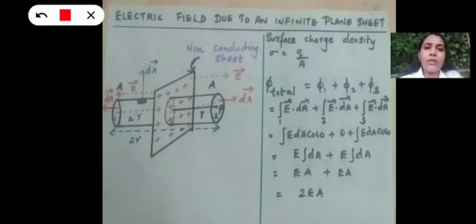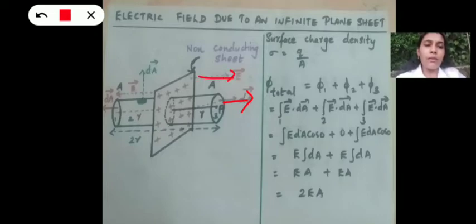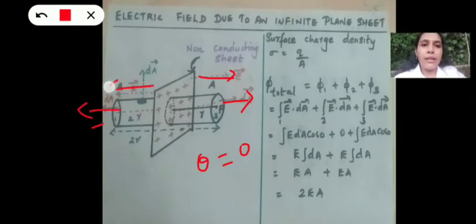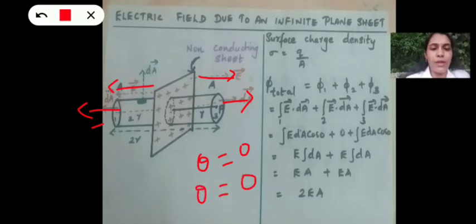Next, consider the contribution of end surfaces. So in the end surfaces, this is the direction of the area vector, perpendicular to the area. What is the direction of electric field? Yes, it will always be the same. This will be the direction. So what is the angle between electric field and area vector? Yes, the angle is 0. Theta is 0 for the end surface 3. Similarly, for the end surface 1, this is the area vector and this is the electric field. So the angle between electric field and area vector is again 0 for that end surface. So both the end surfaces contribute to the total electric flux.